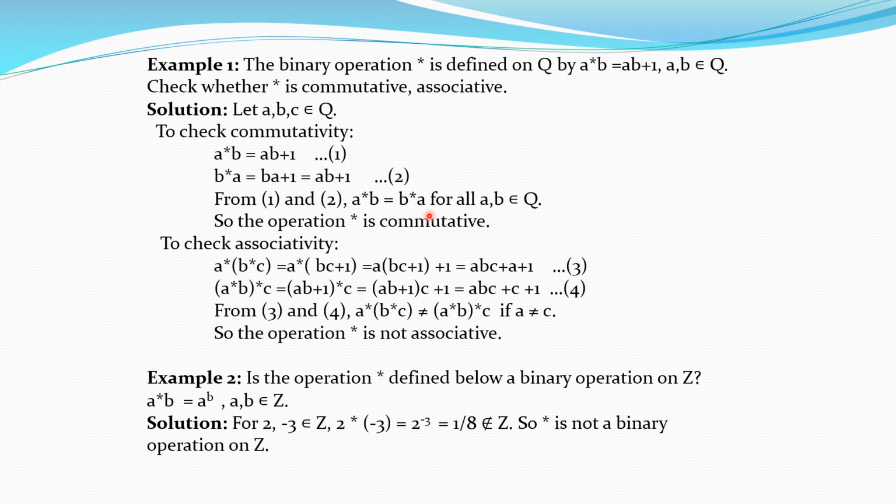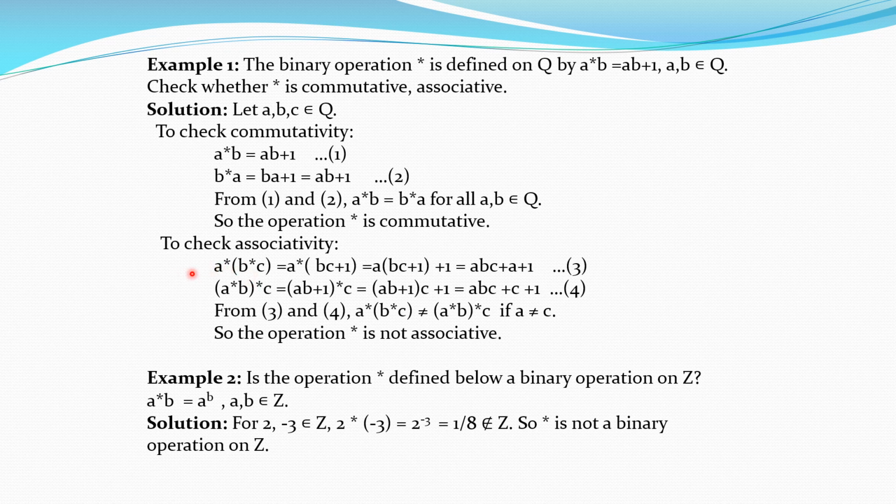Now another part is associativity. In associativity we have to check whether a star (b star c) is equal to (a star b) star c. So again we find these two sides separately. First see a star (b star c). So it is a star, and by definition b star c is bc plus 1. So this is equal to